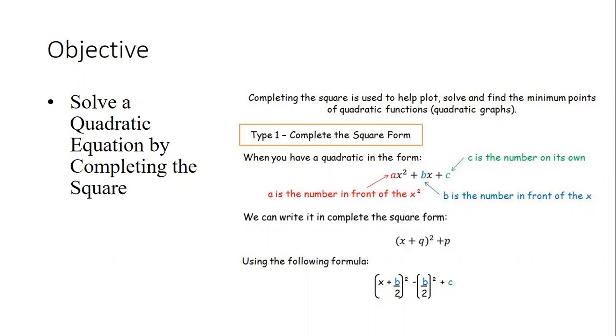Typically with a quadratic equation, your standard form is ax squared plus bx plus c, correct? When I refer to the a term, that's the term with x squared. The b term is the term with the x, and the c term is your constant. When you're trying to get into completing the square form, this is what you're trying to get down to, where you have x plus q squared plus p. And what this creates is also called your vertex form,